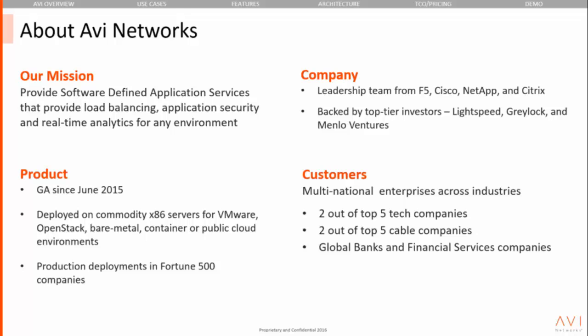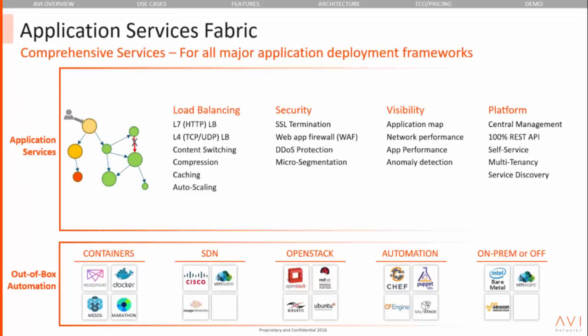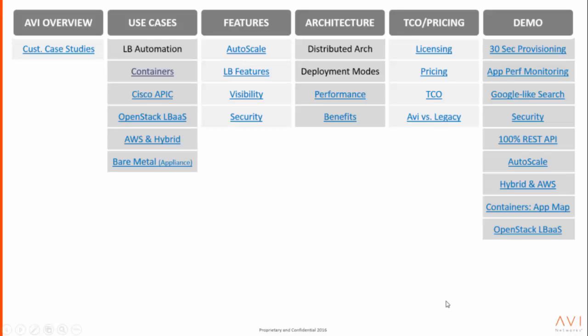Today, I'm going to largely focus on how our architecture applies to microservices architectures and really what's driving that movement. In terms of the services that Avi provides, it's a very broad set of services across load balancing, security, visibility, and analytics, combined with architectural benefits around central management, completely REST API. Our focus today is going to be largely around containers and microservices. That's the block on the left. But we also provide similar services for SDN environments, for OpenStack and private cloud environments, and we do this both on-premise as well as off-premise for hybrid environments that our enterprise customers are moving to as well. So having said that, let me just dig into what we have lined up for today.